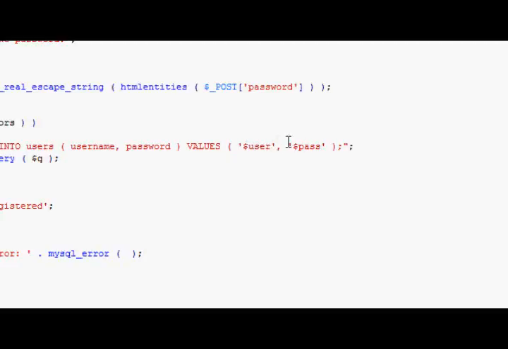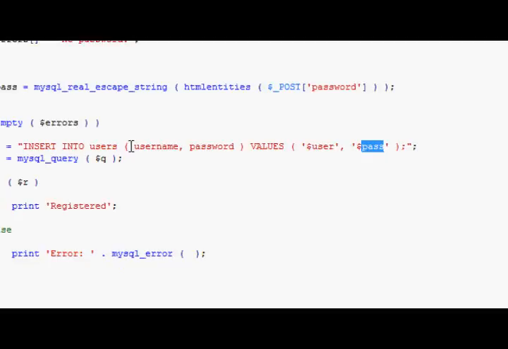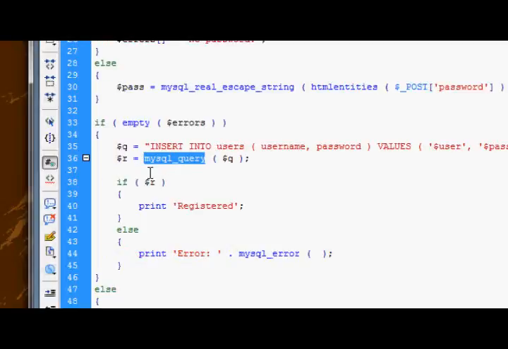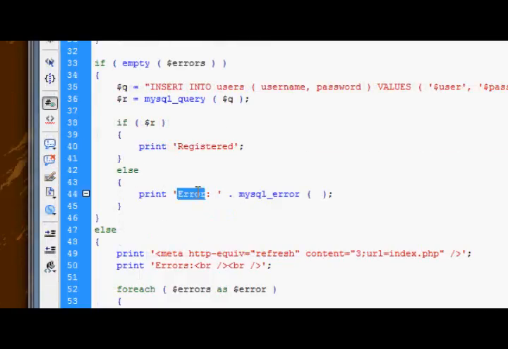Okay, and we're just passing in the user and password respectively. Remember, these have to be in the same order as these. Okay, we just run the query. This I've covered already. It checks to see if the query ran properly. If it did, we say registered. If it didn't, we say error, and we output the MySQL error, which will get the error from the most recent